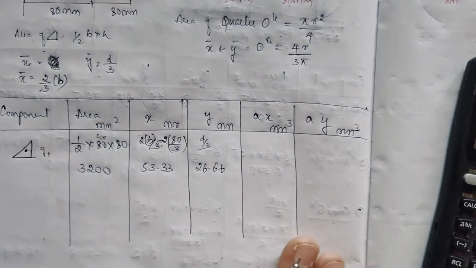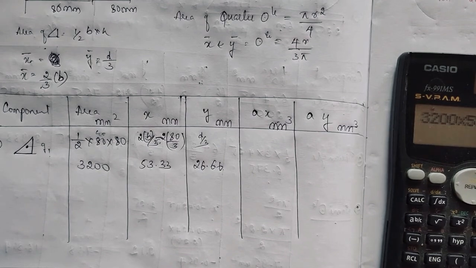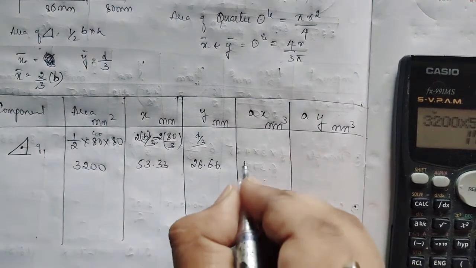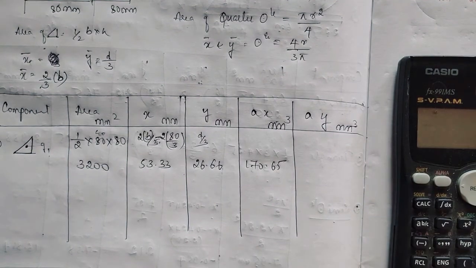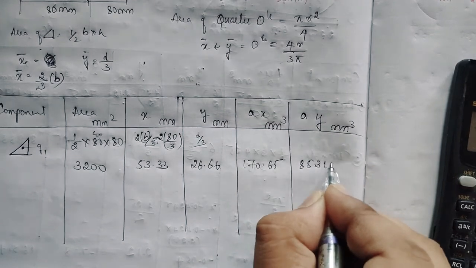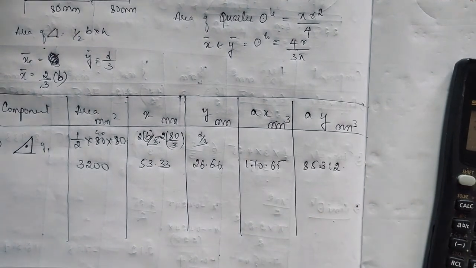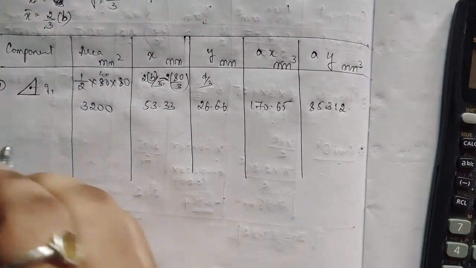Okay, the value of ax would be 3200 into 53.33, so I'll solve. Then for y it would be 85,312. Okay, 85,312. Now the right angle triangle is over. Now we'll go for